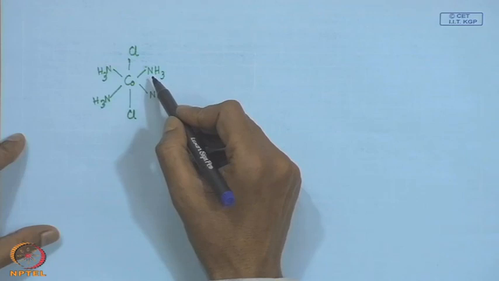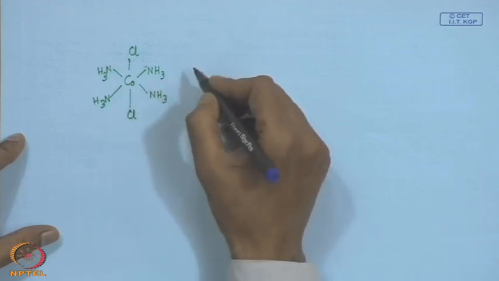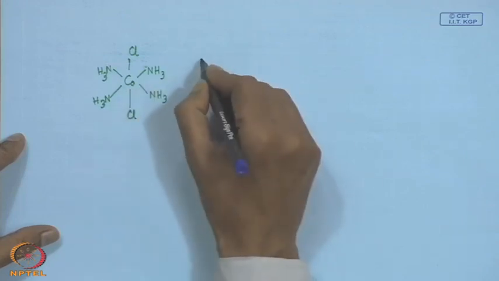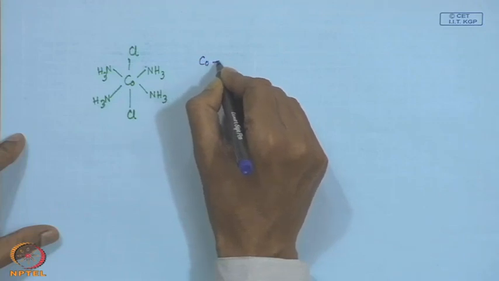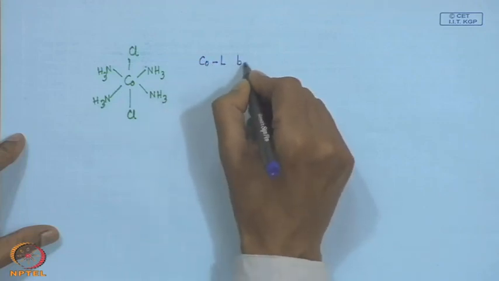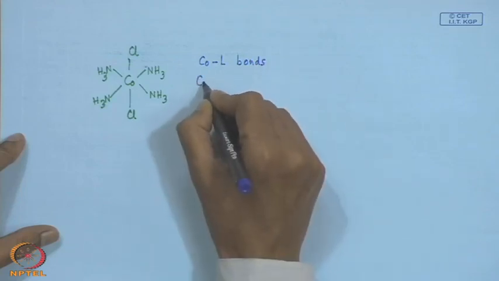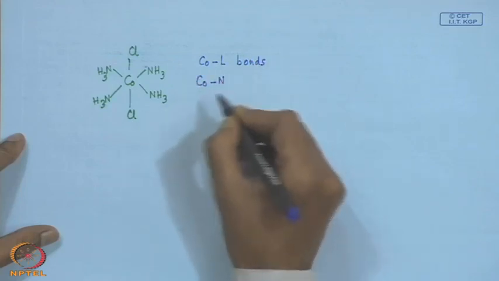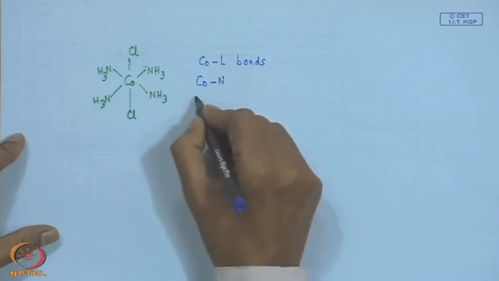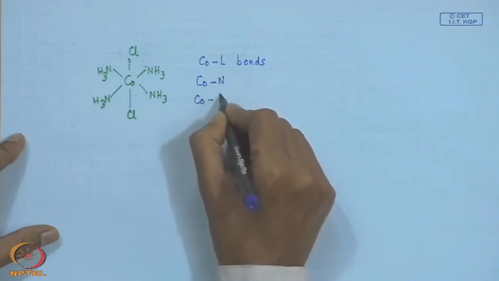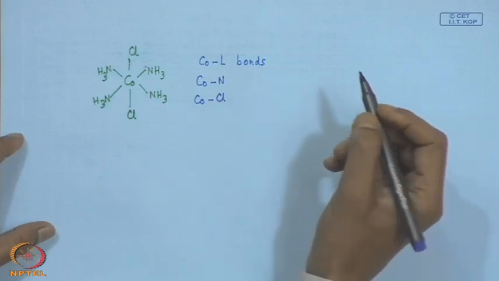It is the A4B2 type situation, and obviously we have 6 cobalt-ligand bonds: 4 are cobalt-nitrogen